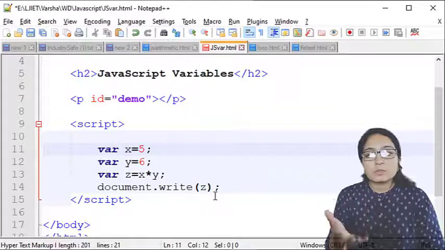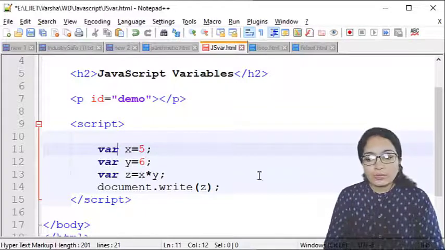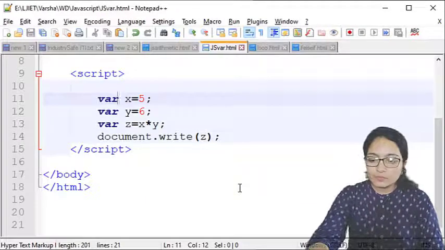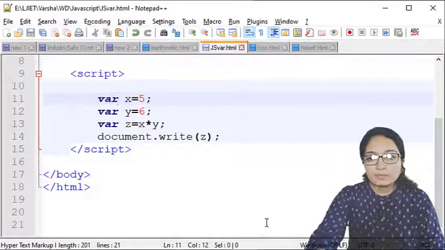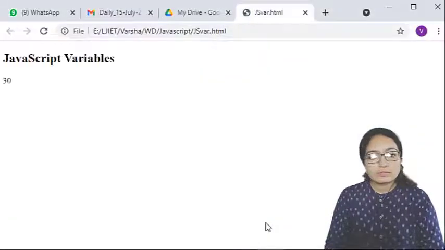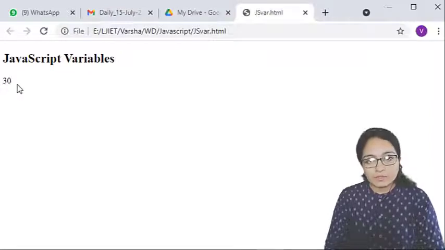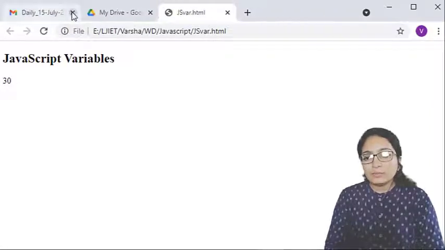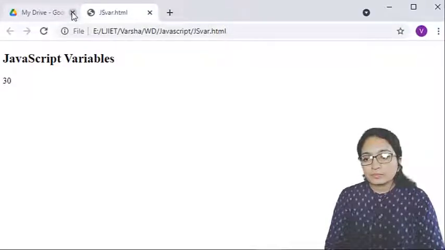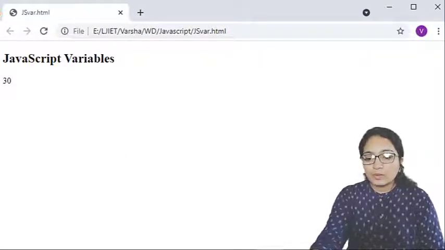So by default it will display in the window. Let's see the output of this first. Here you can see this heading that we have given, JavaScript variable, and here 5 into 6 is 30. So in this way you can use JavaScript variables. Okay, now next